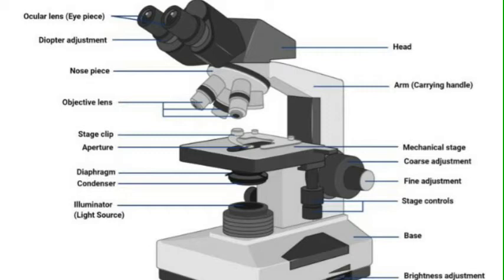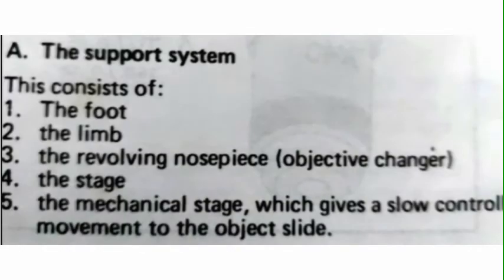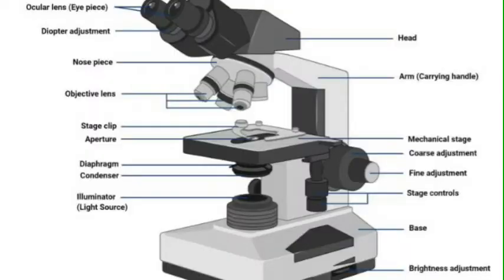Fourth, the adjustment system. I am going in detail for the support system. This consists of the foot, the limb, the revolving nose piece, the stage, the mechanical stage, which gives a slow controlled movement of the object slides, which we have shown you by the figure